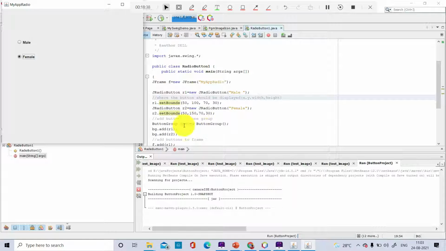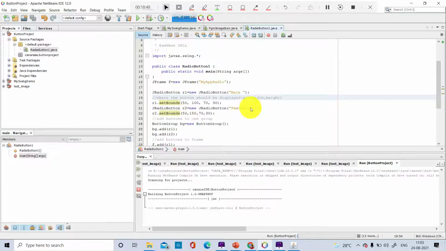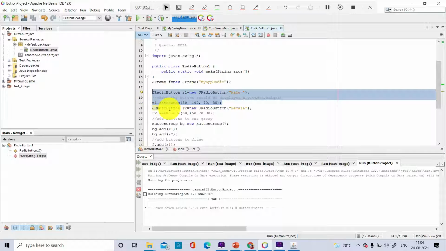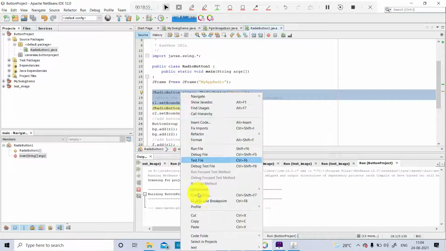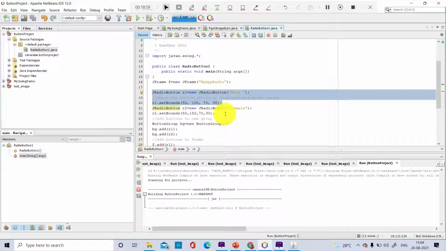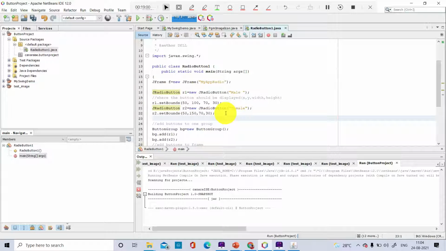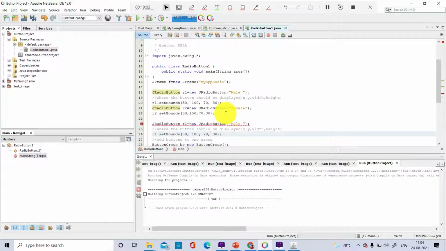And say if I create a third button here and I don't group it, then you can select both at a time. For example, just for your understanding, I will show you. So here I'll create one more button, just for showing you, and I'll not add it to the group. I will name it R3, my new button. And of course I need to change the width and height.